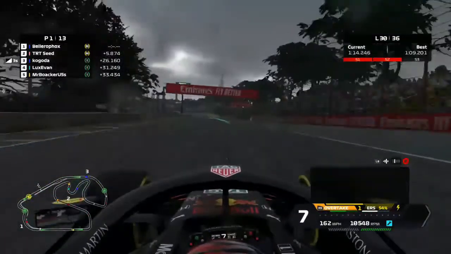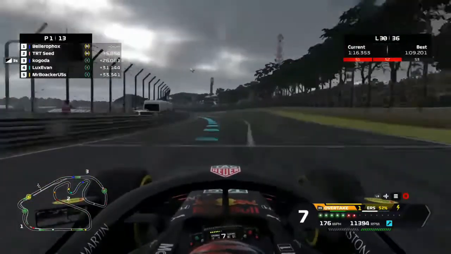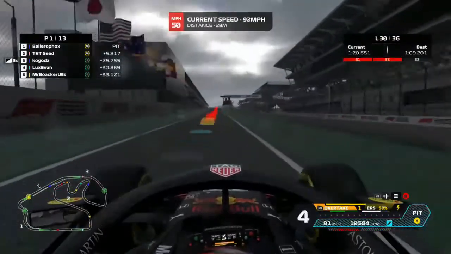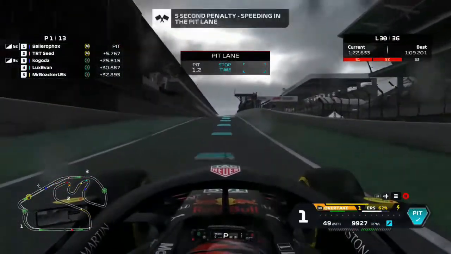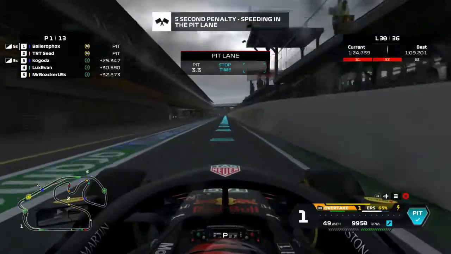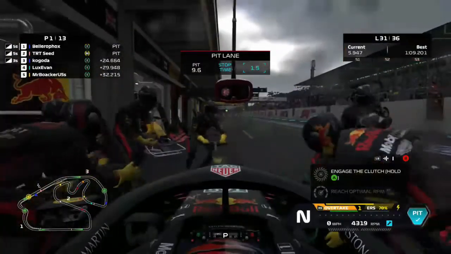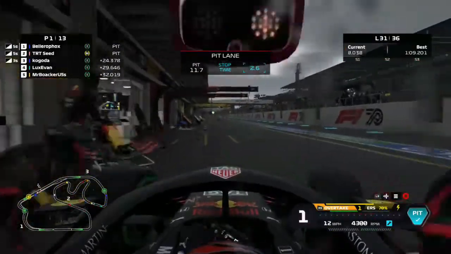So it basically was the perfect time to come in. We are going to stop this lap. I do need to remember to be careful to stop, get on the brakes earlier, and I did remember that, but then I released the brakes, and that's going to get us a 5-second time penalty. Luckily, Seed behind us also makes the same mistake, which means that